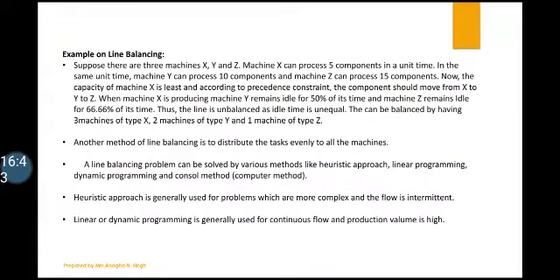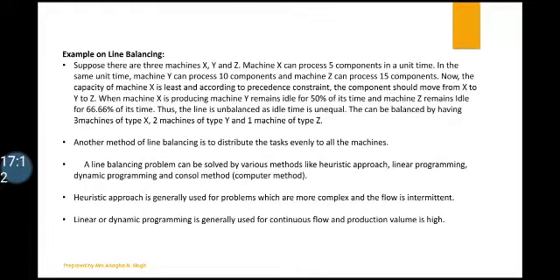Here you can study the example of line balancing. Another method of line balancing is to distribute the task evenly to all the machines. A line balancing problem can be solved by various methods like heuristic approach, linear programming, dynamic programming, and COMSOAL method, that is computer method.